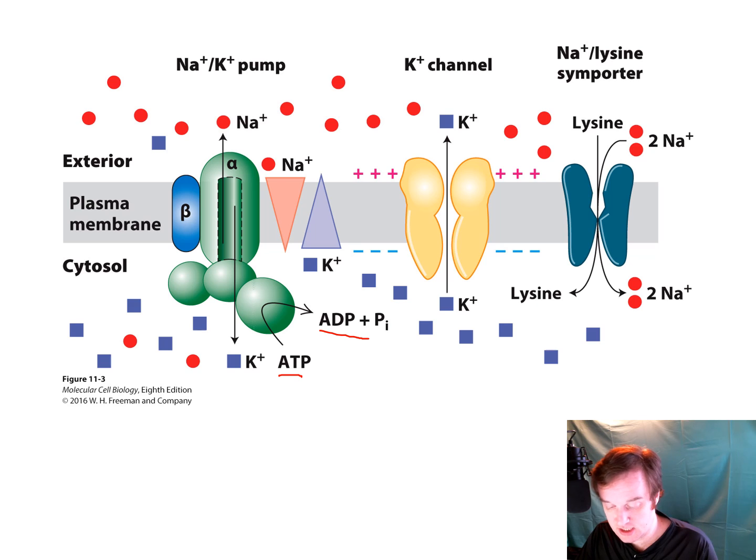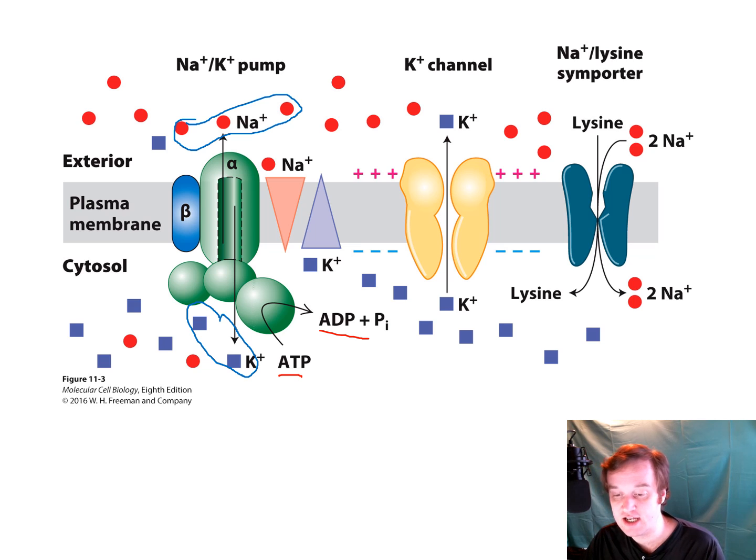So let me get a different color here. We'll circle these 3 that got pumped out of the cell, and 2 potassium ions into the cell. What this does is create a concentration gradient where sodium is greater outside and potassium is greater inside. And now we also have these potassium channels that facilitate the transport of positively charged potassium out of the cell, and it creates this electropotential